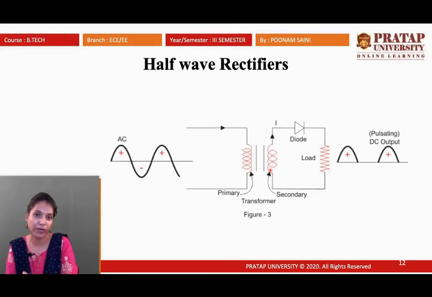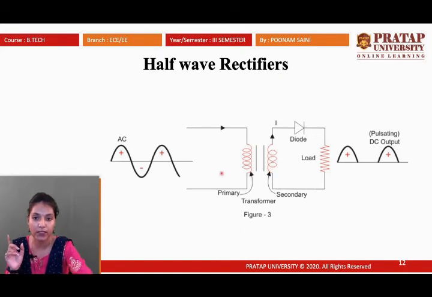That means the positive part of the diode is connected to the negative part of the power supply, and the negative part of the diode is connected to the positive part of the power supply. That means the anode of the diode is connected to the negative part of the voltage supply, and the cathode of the diode is connected to the positive part of the power supply. That means this polarity is changed compared to forward biasing, and as you know, biasing is any external voltage we are applying in the circuit. So this is forward biasing.